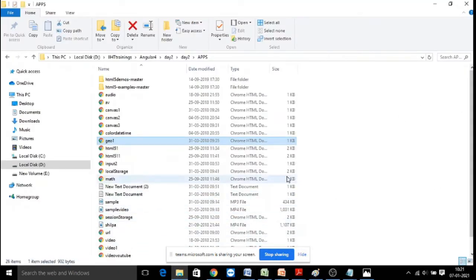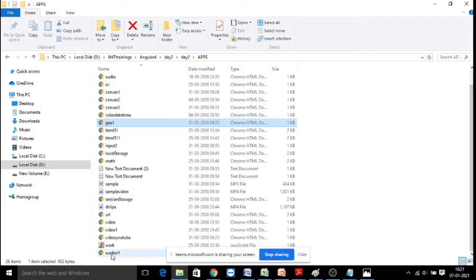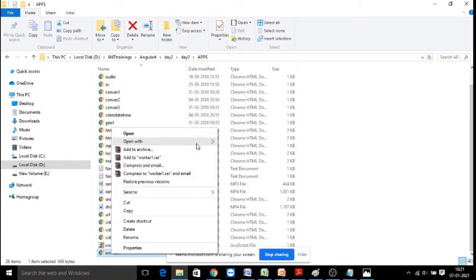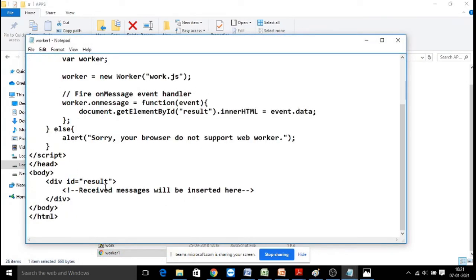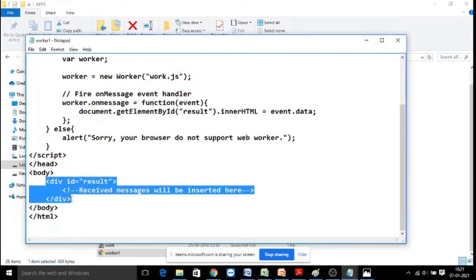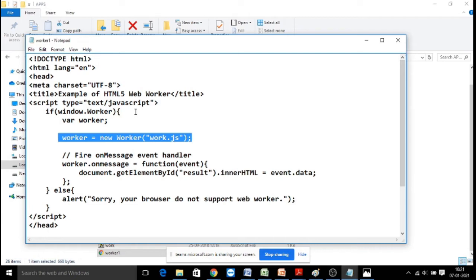This is also a newly added feature in HTML5 called geolocation. We also have WebSocket and web worker. Web workers means, let's say there is some background calculation that is going to consume some time. Instead of interrupting your browser rendering, you assign that to a worker. Worker is a predefined object, and you create a JavaScript file in which you write the logic that will be performed in the background.